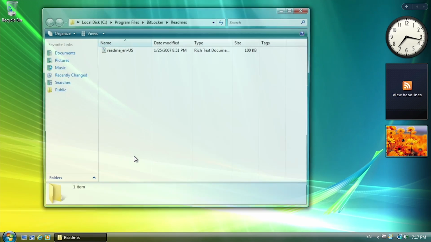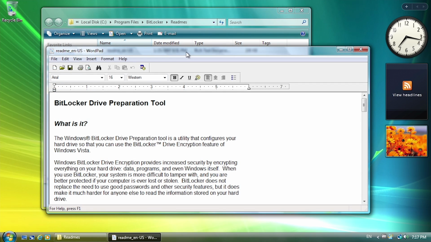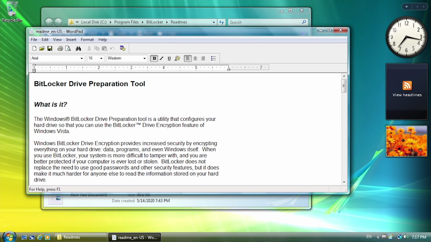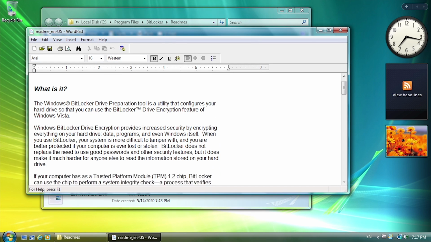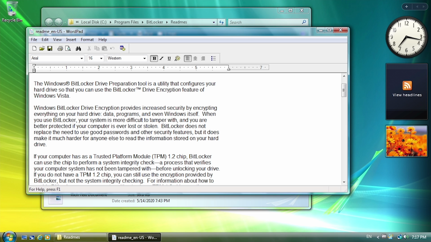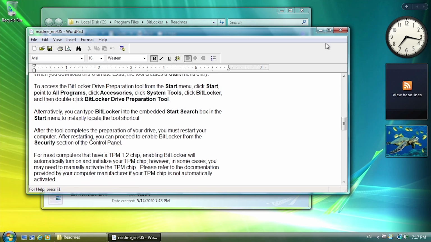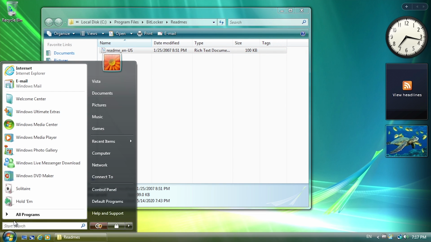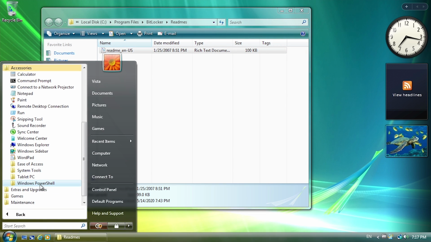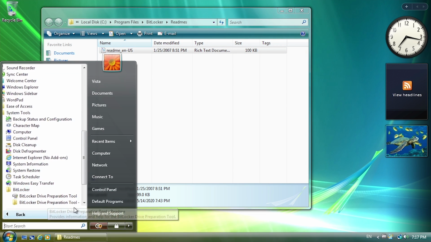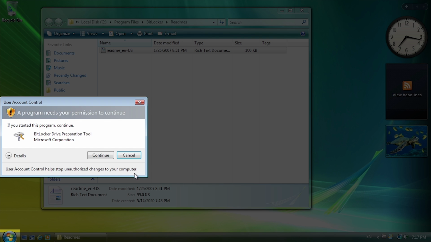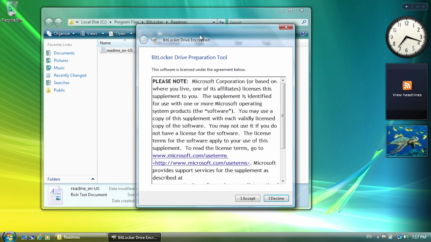Now there's this README document right here which you can read, and this just kind of tells you what BitLocker is. It's a drive encryption feature of Windows Vista. It provides increased security by encrypting everything on your hard drive. So it just kind of tells you how it works, how do you use it, etc. But let's actually launch the program. So we'll go back in here, System Tools, BitLocker Drive Preparation Tool. So you launch this here, click on Continue,